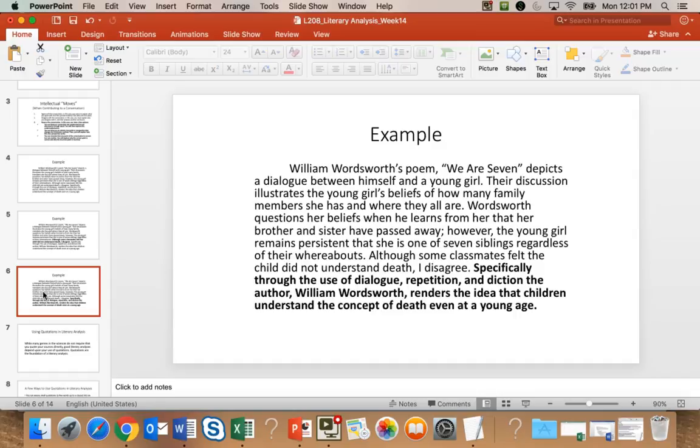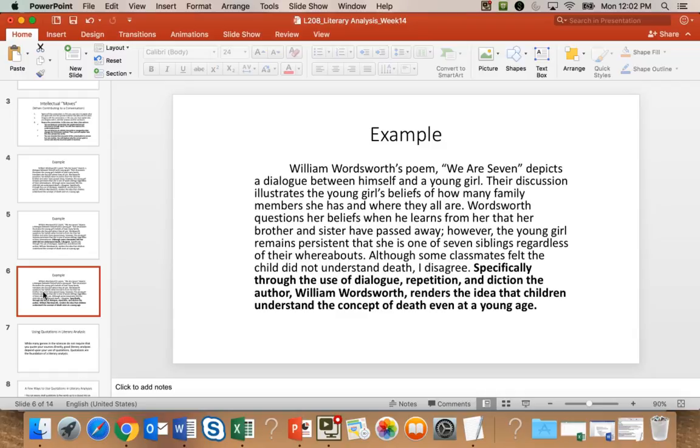And one of the reasons why I like this thesis is that it not only builds directly on that framing statement where she frames her essay as a response to our class, but it's also specific and argumentative. When you write a thesis, you want that thesis to be specific to the text.